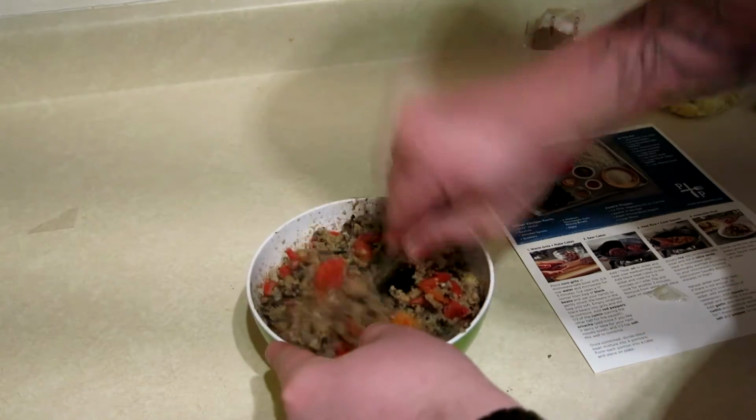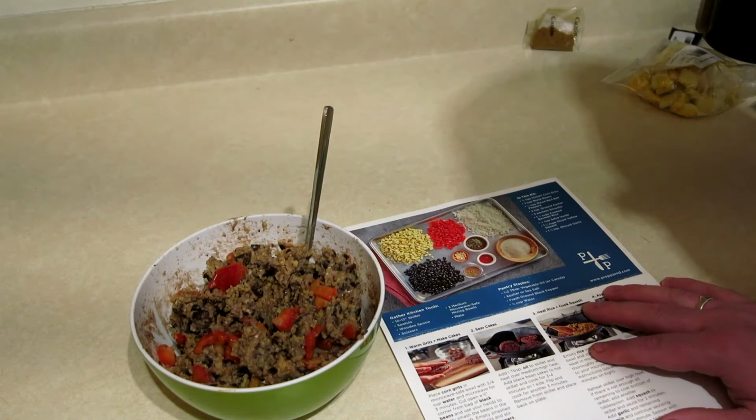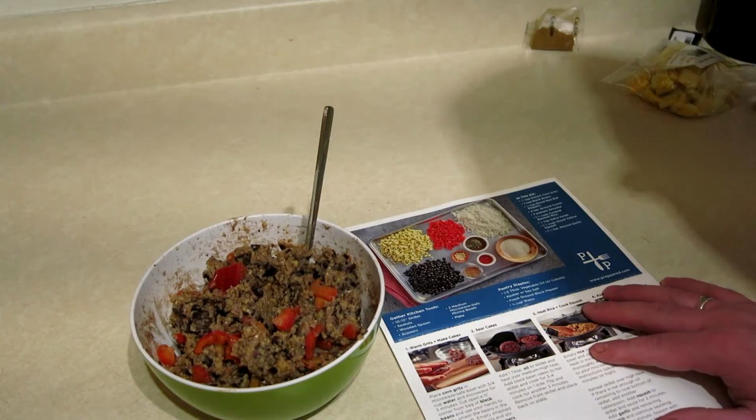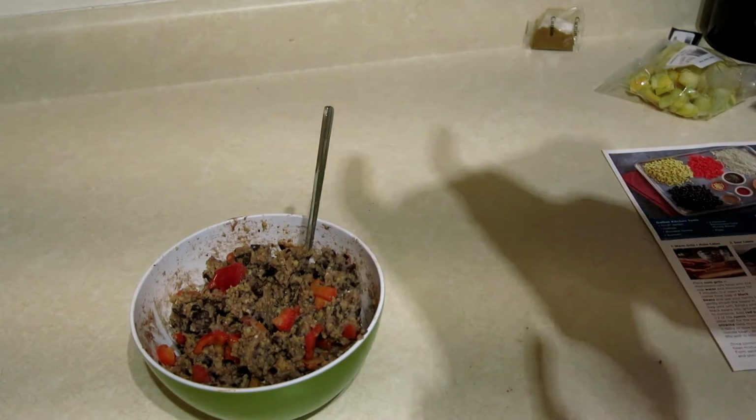Probably do this with tomato if you wanted to. It actually says on here to add more sriracha if you like, or save it for your next noodle bowl. It says add half a teaspoon of salt and mix well. So it didn't actually give me salt. So I'm going to go with a little